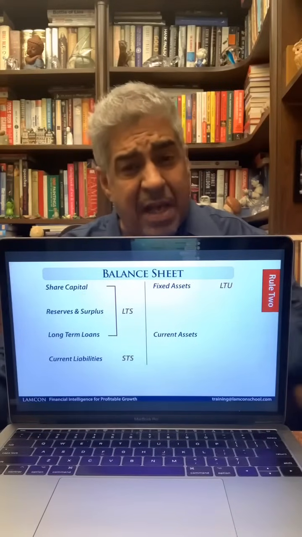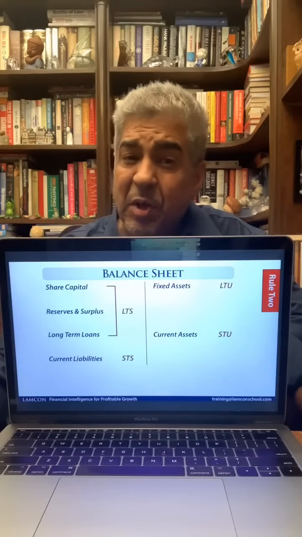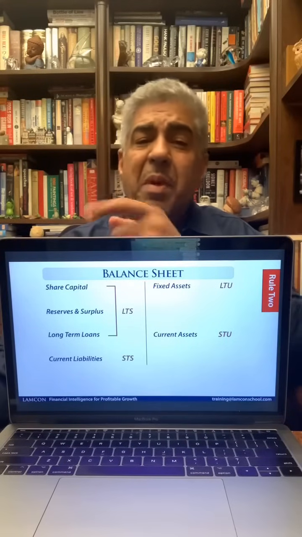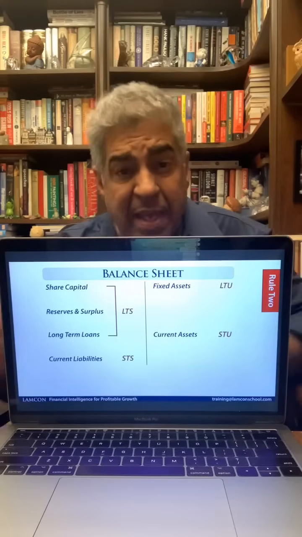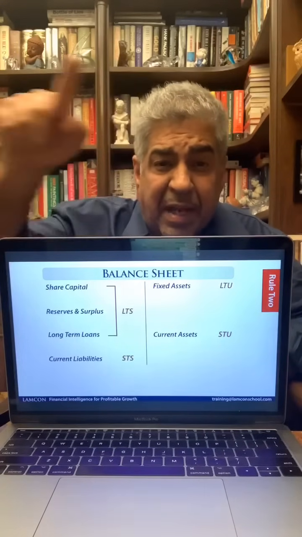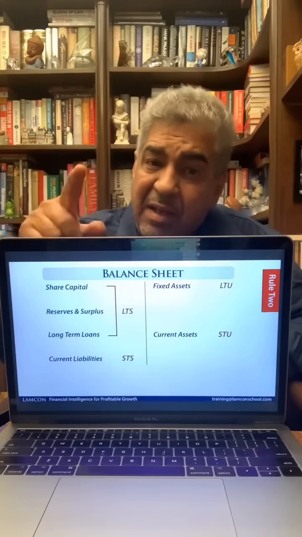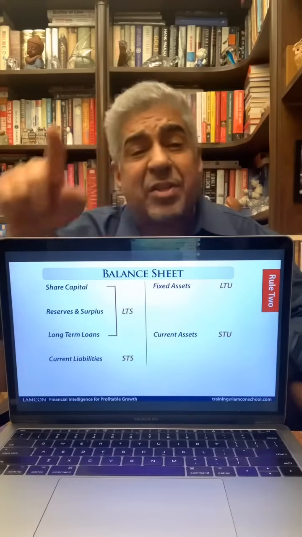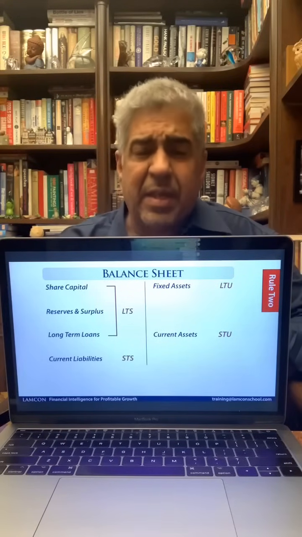Can I say current assets are short-term uses of money? How are current assets short-term uses? Folks, if you remember, current assets, I've called it as working capital. And working capital can actually be depicted like a cycle. It is either called the working capital cycle, or it is called the cash to cash cycle. Let me show you a working capital cycle of